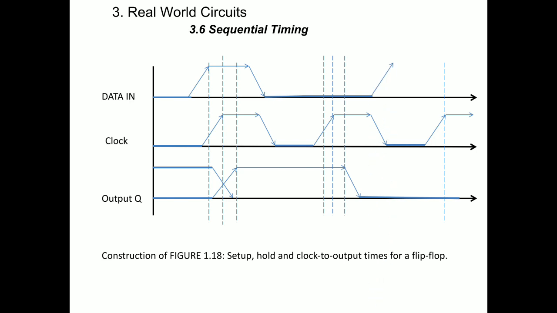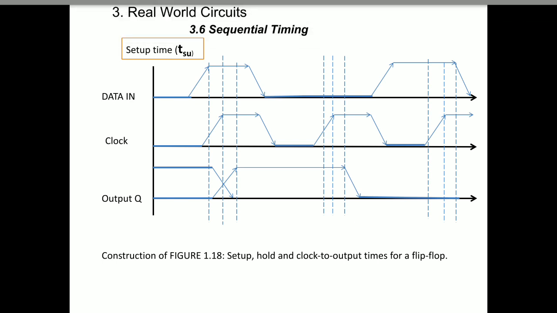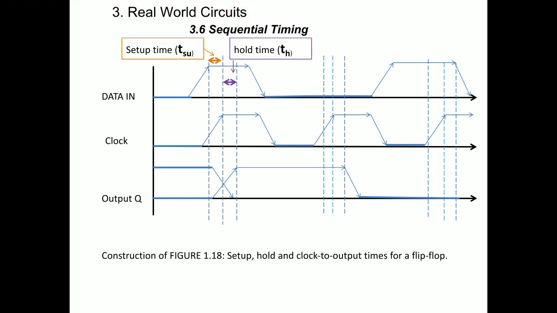Further, we'll construct the data input. Now it's going to logic 1. In the third clock cycle, at the third clock edge, you can see the data is logic 1. Before the clock edge the data is logic 1, and after the clock edge also the data is 1. Now the output will go to 1, right? This time interval, this duration, you can see in the orange color.